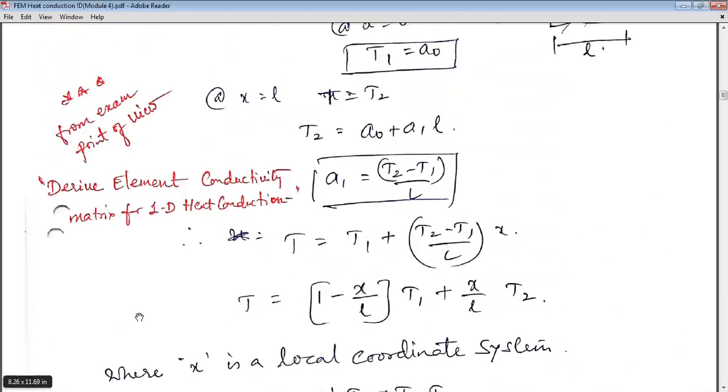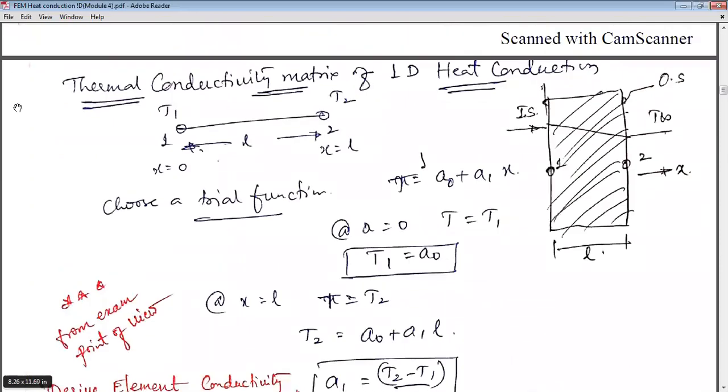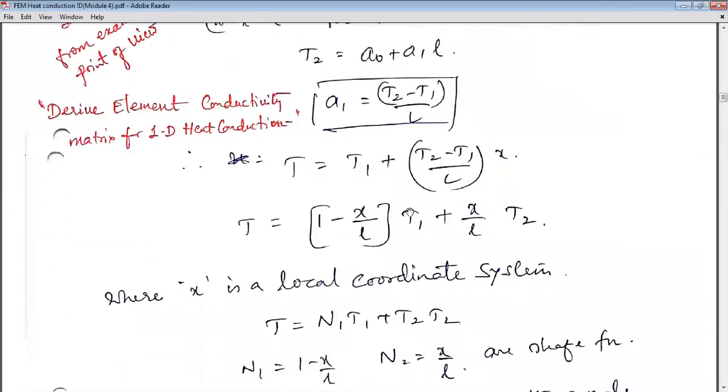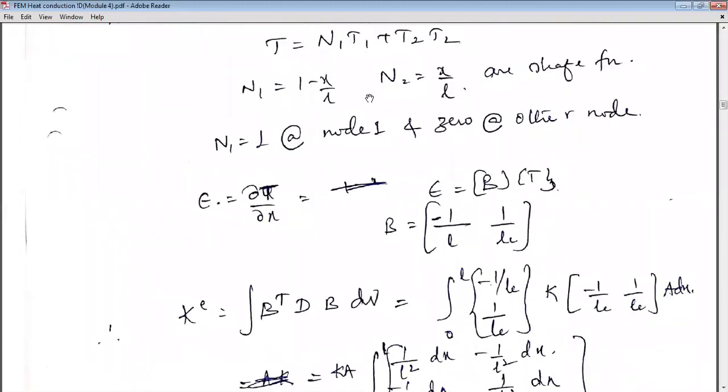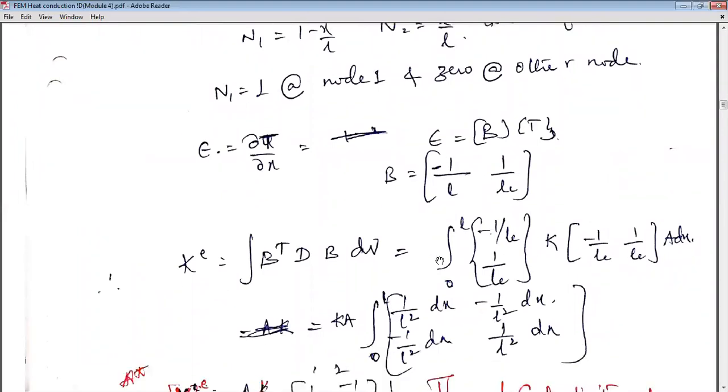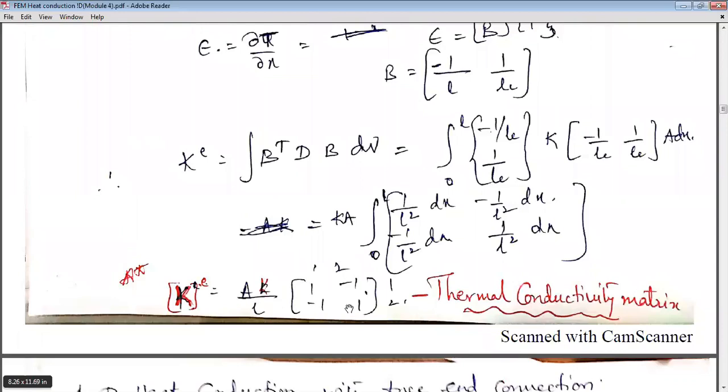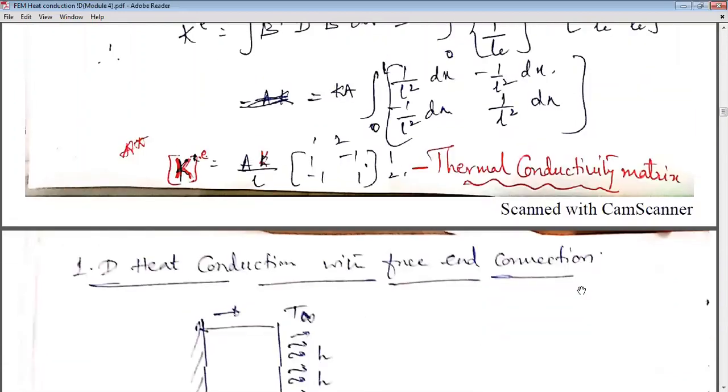See, it's very simple, like your bar problem, the 1D bar stiffness matrix. Write down the wall, a typical furnace wall, discretize, then use the trial function, put the boundary conditions, simplify, rearrange the terms, put it in the shape function form, and then find the shape functions, linear shape functions obviously. Then put it in this general equation, a similar equation. The B matrix is almost the same as your structural B matrix. K will replace E of your structural problems, then you will get this. So this has to be used for the numerical calculation. This matrix is called the thermal conductivity matrix.